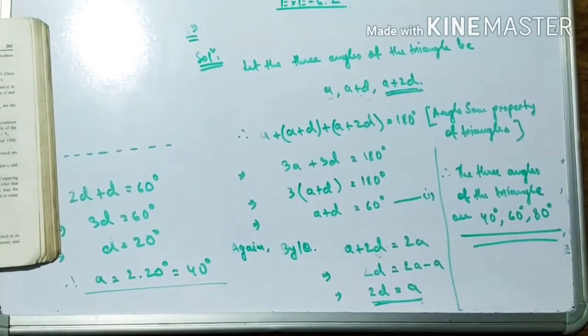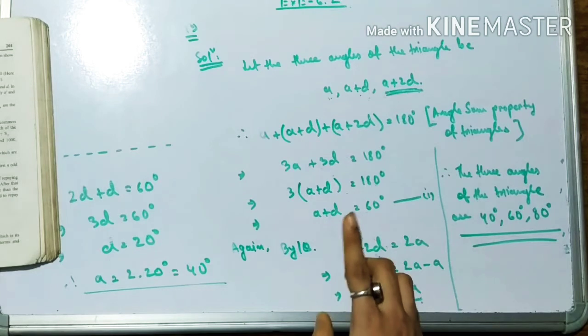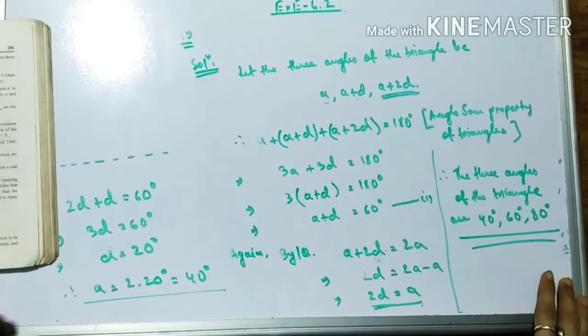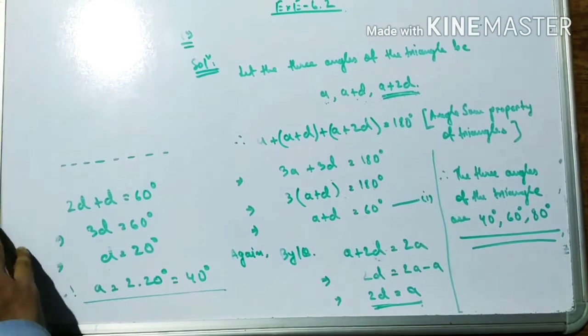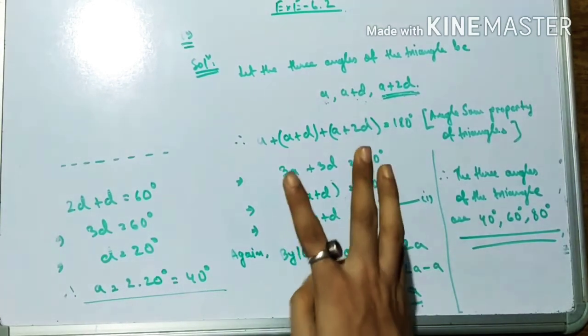So these are the three angles of the triangle. Understand? These are the three angles of the triangle. One time I am explaining this one. Question number 19, you see, it is saying that three angles of a triangle